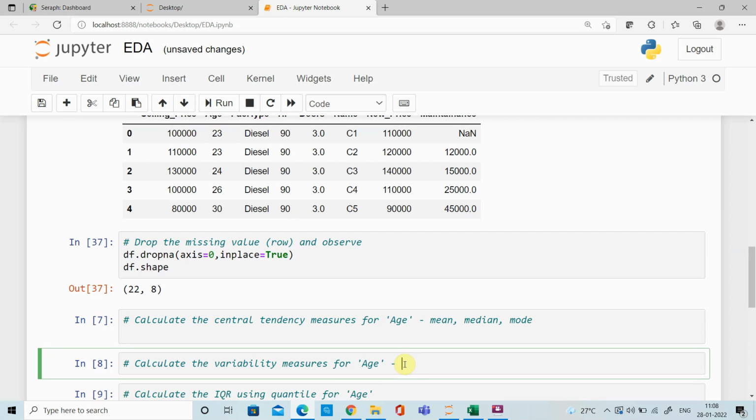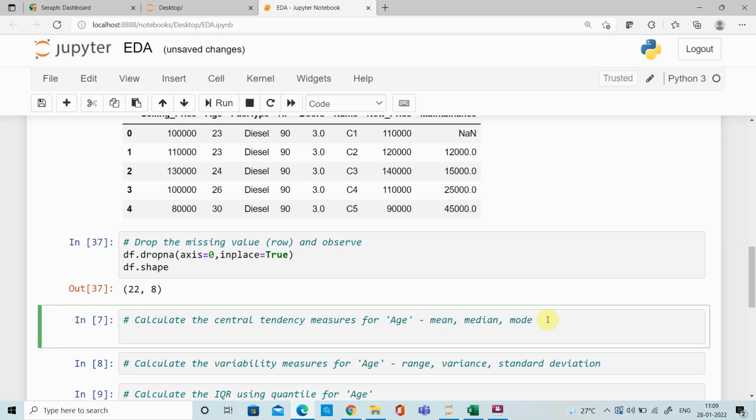Central tendency means central information about your data. You have a range of data, and from that you have to know the centrality of your data. Variability means how your data varies. So you have an option called range, and then you need to calculate the variance and the standard deviation. First I am going to calculate the central tendency for the age column,